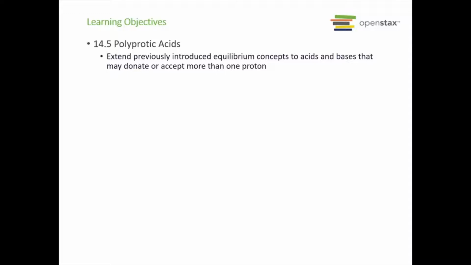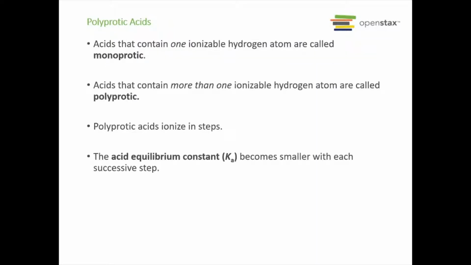Now we're on 14.5, polyprotic acid. In this section, we're going to extend previously introduced equilibrium concepts to acids and bases that may donate or accept more than one proton. So far we've really been focusing on acids that contain one ionizable hydrogen, and these are called monoprotic acids. If they have more than one ionizable hydrogen, they are polyprotic, meaning many. So polyprotic